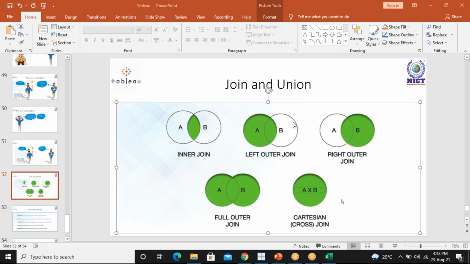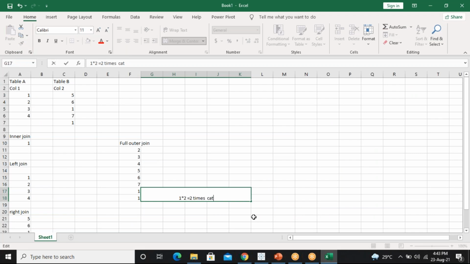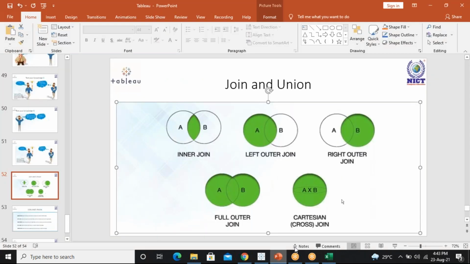So inner join, left outer join, right outer join, full outer join, and Cartesian, which is nothing but A into B. How many times 1 is repeated on this side and this side? But that Cartesian join comes as a cross one. What does that mean, cross? I will tell you while practicing that one.